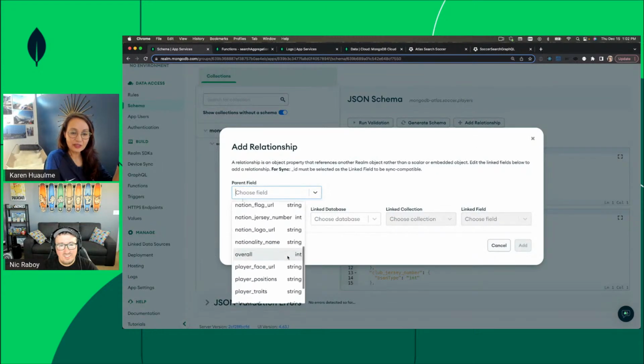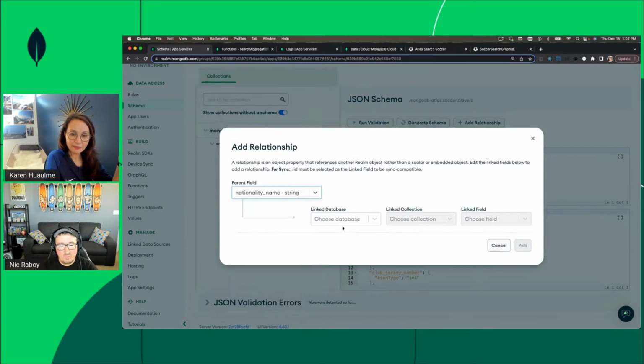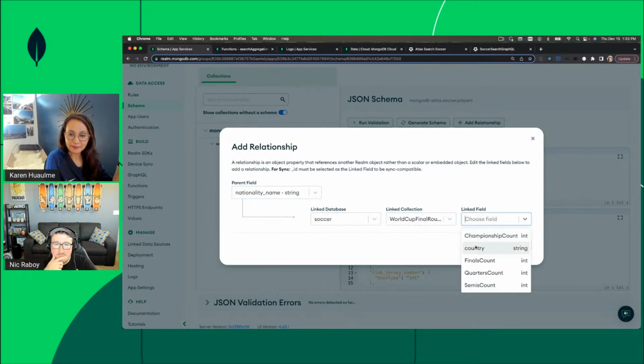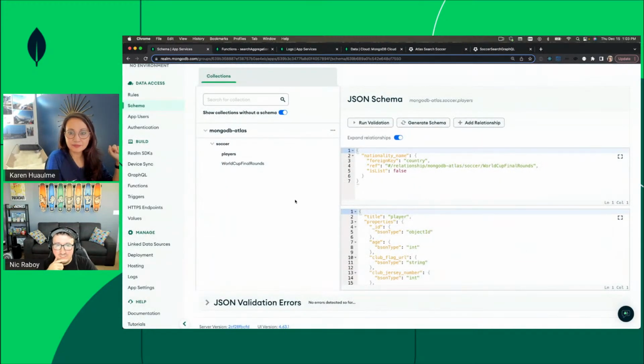I'm going to link my nationality name to the country name here because it's the same. It should be the same. And now you see that I have that foreign key constraint, and it's going to match 1-to-1. It's not a list. It matches 1-to-1. So now that I have that, if I go back to graphical,